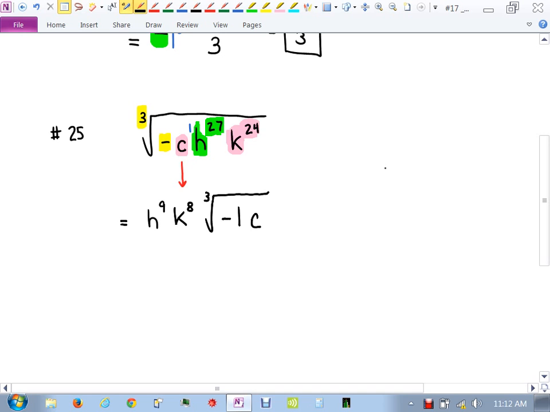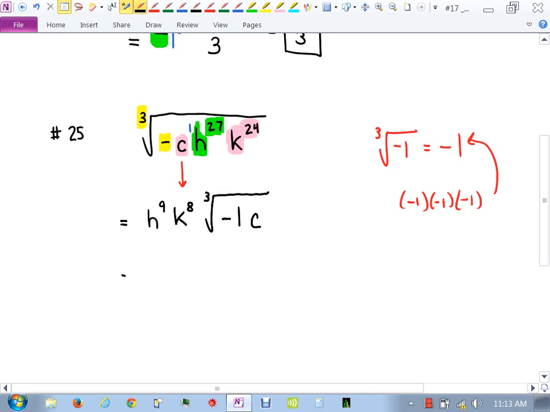Close? I'm going to do this on the side here. What's the cube root of negative 1? It's negative 1, isn't it? What times itself 3 times gives you negative 1? Negative 1 times negative 1 times negative 1. Do you agree? Negative 1 times negative 1 times negative 1 gives you negative 1. So the answer is negative 1, which means that I can,